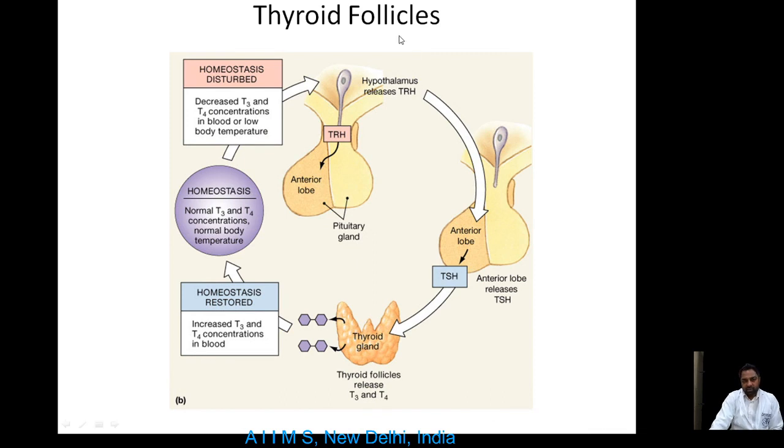So how is thyroid hormone released? Thyrotropin releasing hormone is synthesized from the hypothalamus, and this will come to the anterior pituitary, where it gives a positive feed forward reaction to the anterior pituitary, which will release your TSH from the anterior pituitary, and this TSH will travel to the thyroid gland, where it